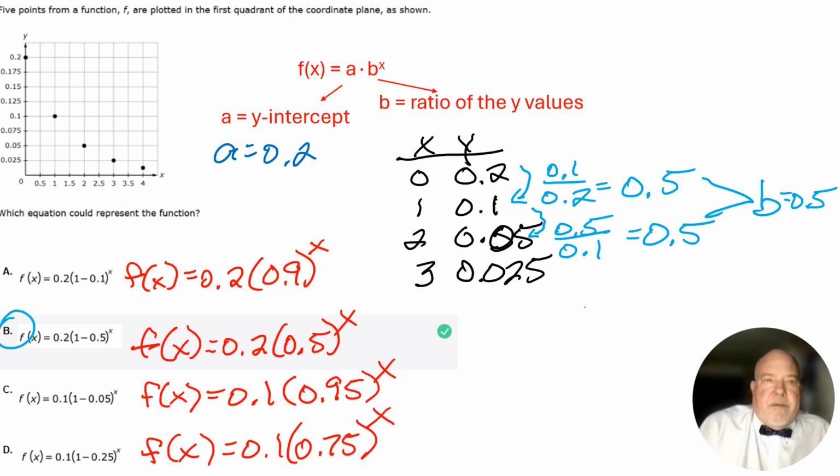So there you go. You've got to find the y-intercept and then the ratio of the y values and put it in the standard form. So keep it up. This is a pretty tough problem. This is one that my students struggle with. But if you keep working hard, you will master